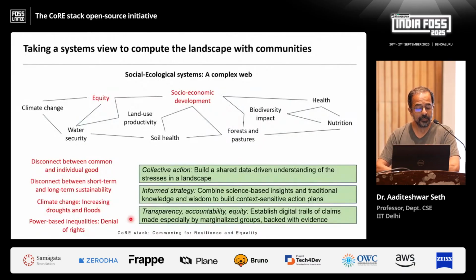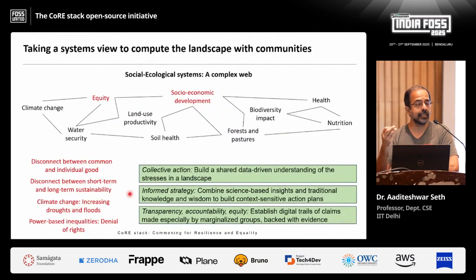So there's a lot of need for systems for when such communities are demanding such structures, and government schemes are meant to support that. The government schemes are also structured to work in this bottom-up manner, but many of these things go haywire. So we need technology that can improve transparency, maintain accountability, and also use science and data so that the planning is more informed.